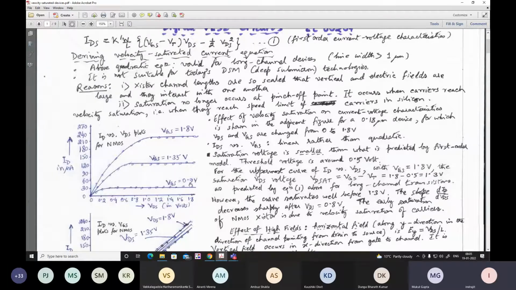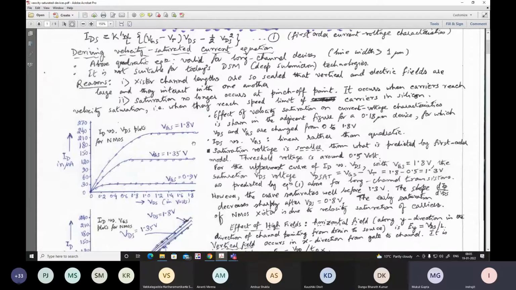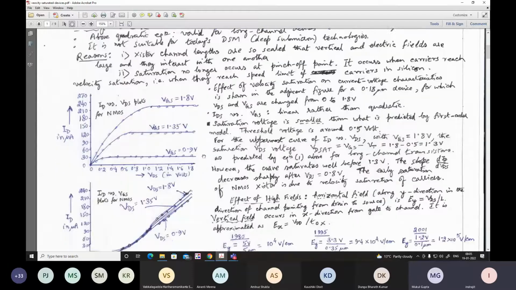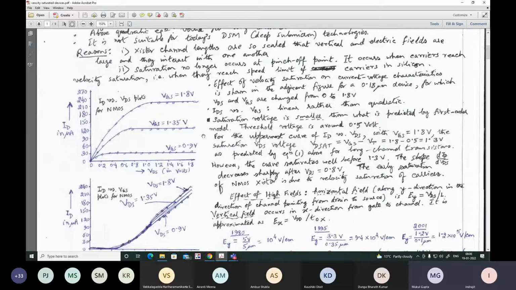point 0.9 to 0.45, the saturation current also varies from nearly 30 microampere to nearly 120 microampere. So 90 microampere. Here also, as it varies from 1.35 to 0.8, another 0.45 volt increase in VGS would cause the current to vary by another 90 microampere. So there seems to be a linear relationship between the drain current and the gate to source voltage. Now, we shall find it more through algebraic expression.